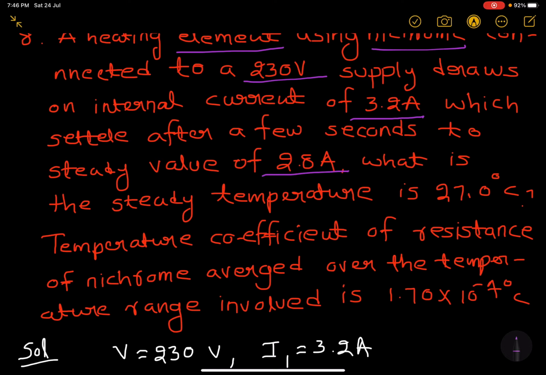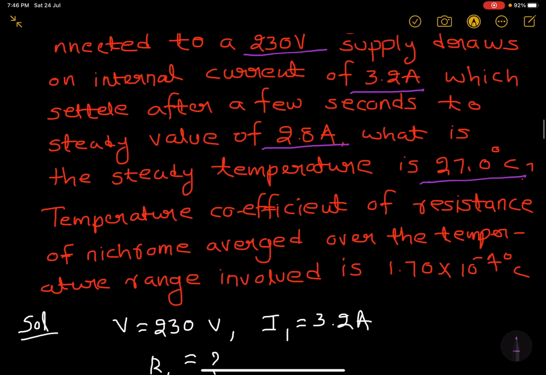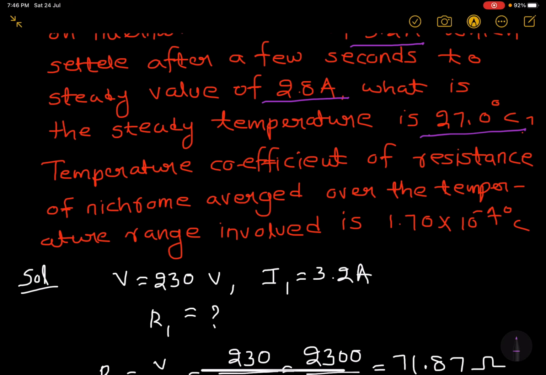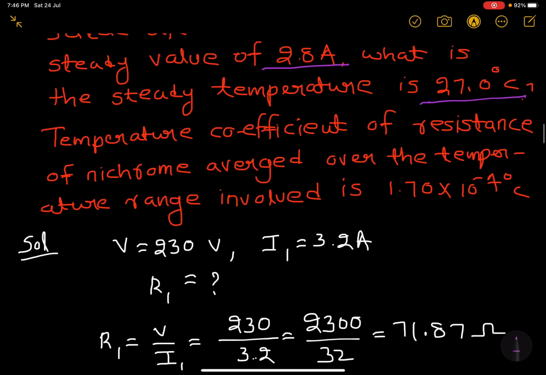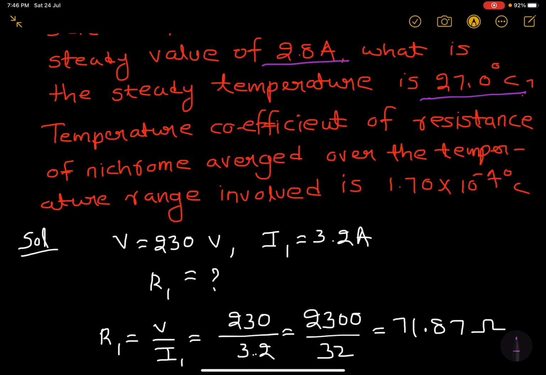What is the steady temperature of the heating element if the room temperature is 27.0 degrees centigrade? The temperature coefficient of resistance of nichrome averaged over the temperature range involved is